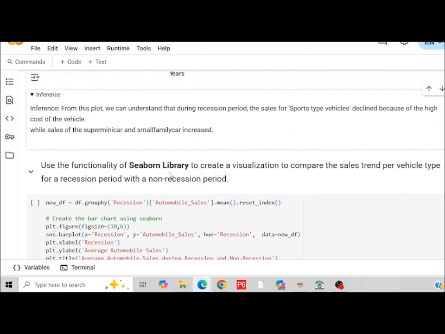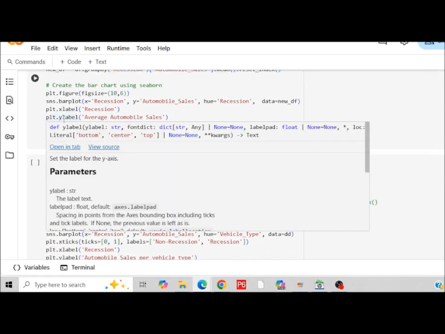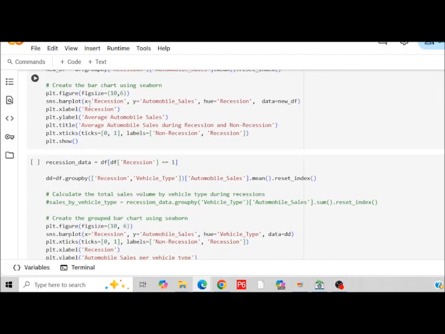Okay, let's move on. Here we will use the Seaborn library to create a visualization to compare the sales trend per vehicle type for a recession period with a non-recession period. We will group by recession and automobile sales mean, and then reset the index. Here we make the figure size 10 by 6, and then create a bar plot, X for recession, Y for automobile sales,